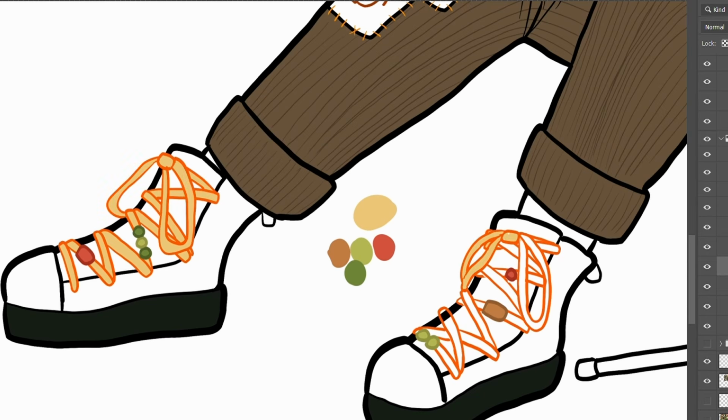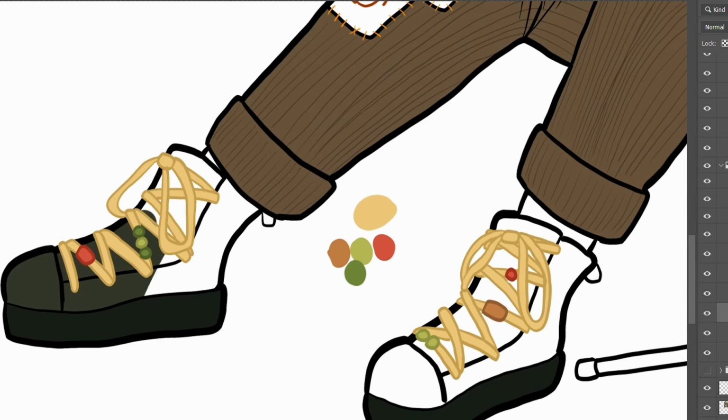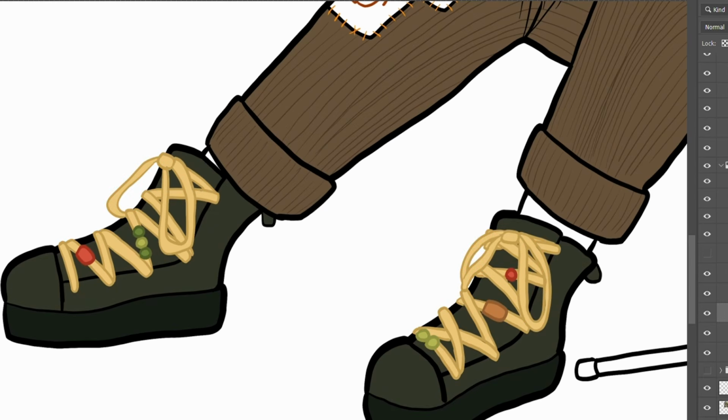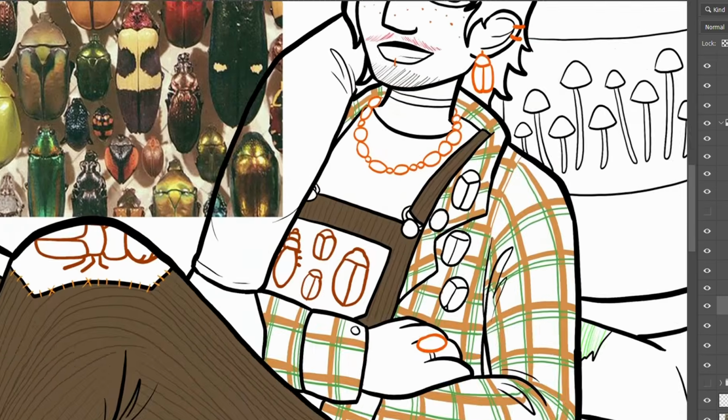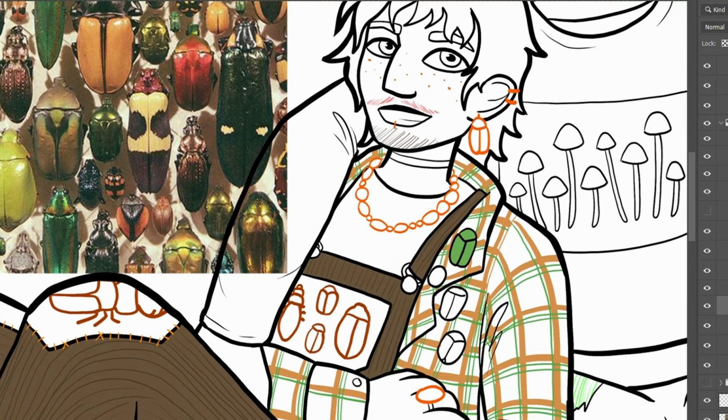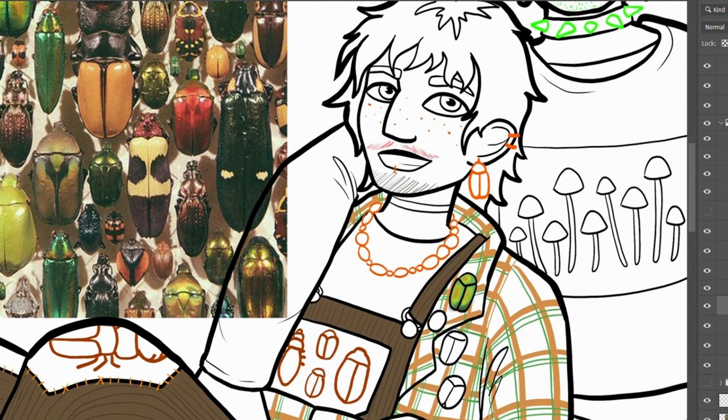In fact, all of Campy's jewelry is that brassy gold color. From the overalls, I moved on to the shoes, and created a small palette of colors to use for the laces and beads, based on the colors of some of the more simple Beatles. The beads are all green, red, or orange, and the laces pale yellow to contrast with the dark boots. Campy would have decorated the laces themselves. The boots didn't originally come with pale yellow laces.